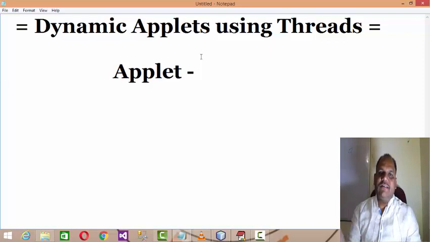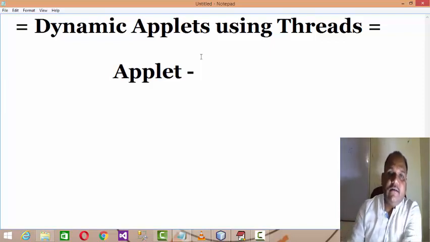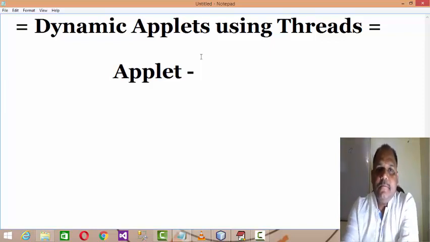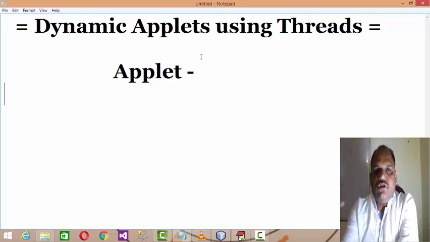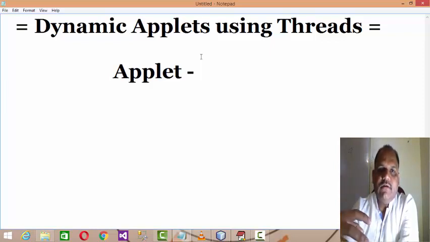After that we discussed threads. What we understood about threads is that a thread is a technique by which we can develop parallel processing. Your main is also a thread, but when you branch the control from main to various methods, it is like batch processing.